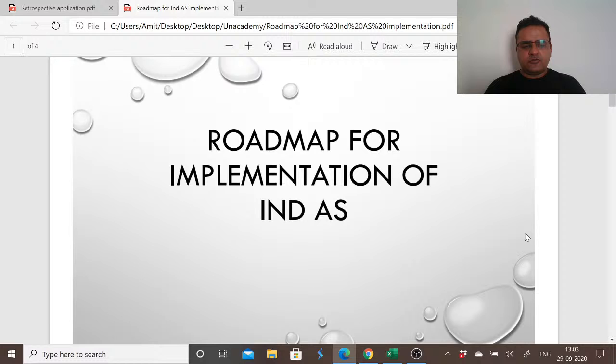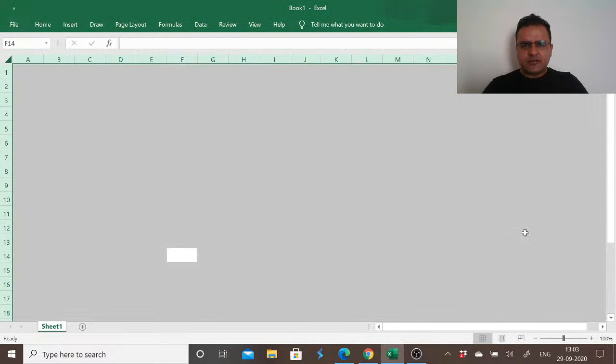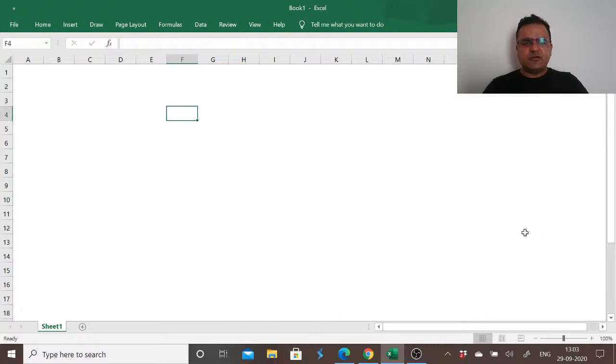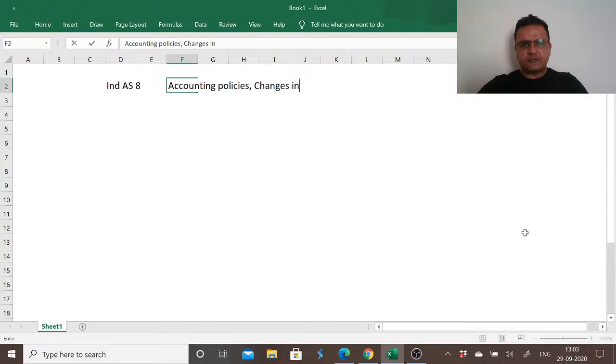So Ind AS 8 is the standard which deals with accounting policies, changes in accounting estimates and errors. Ind AS 8 is a standard for dealing with accounting policies, changes in accounting estimates and errors. It says that